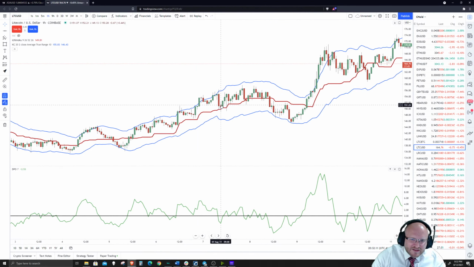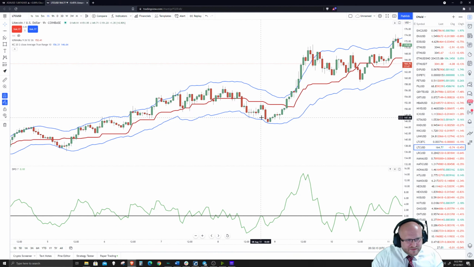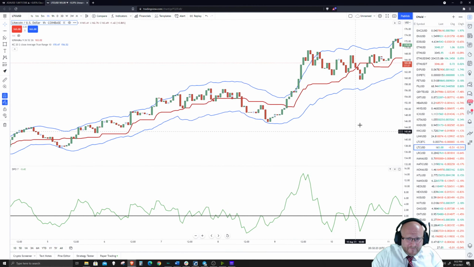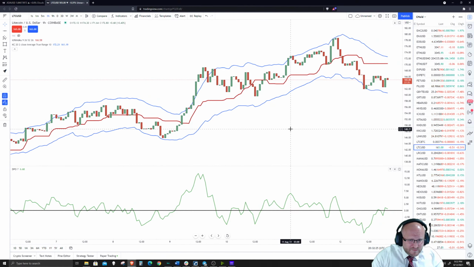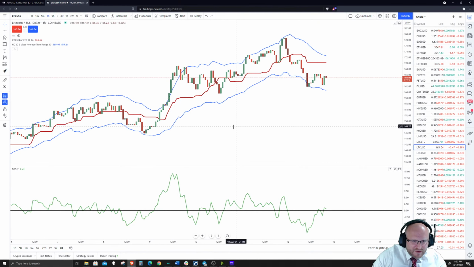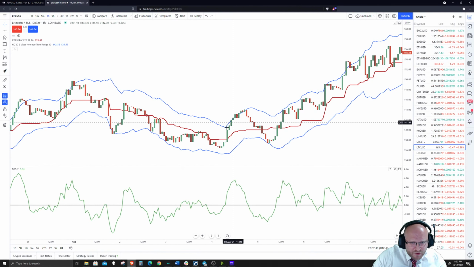The point I'm trying to make is that identifying the open space can sometimes be difficult to spot visually if there are wicks involved. So what you can do is double click on those candlesticks and just uncheck the wick. The bodies of the candles are what we're focusing on here. If there's a wick or shadow above that breaks the Keltner channel, that's fine, that's adequate. But when we're looking for that open space, getting rid of the wicks makes it a little easier to spot. For Litecoin, for example,